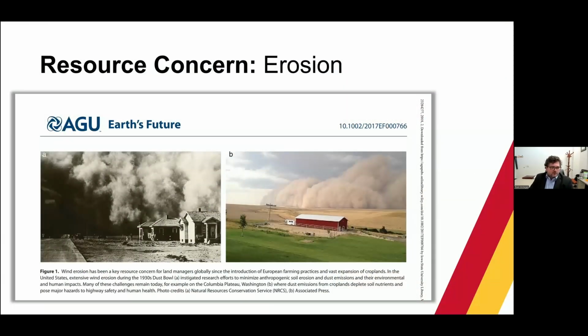And today we're going to be talking about one particular resource concern. And if you're not familiar with the NRCS language, whenever someone goes out to visit a field and implement some kind of a conservation plan, they're always basing it around this idea or this terminology of a resource concern. So this is something that a landowner is concerned with. And one example of that is erosion.